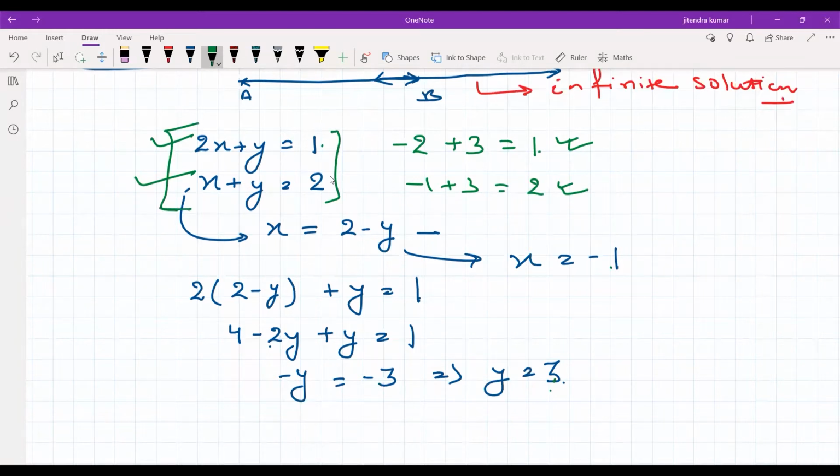It means we are talking about two linear equations at once. Okay, so the term solution always occurs when we are talking about two or more than two equations at once. We are talking about two equations first only. So in this case, this is our solution, minus 1 and 3.